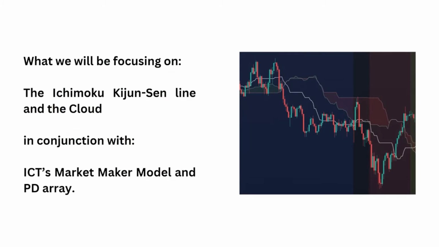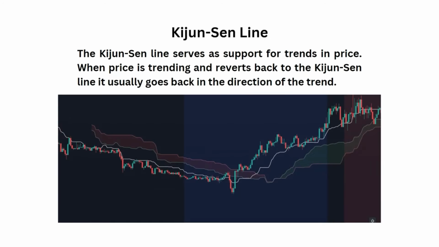What we will be focusing on: the Ichimoku Kijun-Sen line and the cloud, in conjunction with ICT's market maker model and PD array. The Kijun-Sen line. The Kijun-Sen line serves as support for trends in price. When price is trending and reverts back to the Kijun-Sen line, it usually goes back in the direction of the